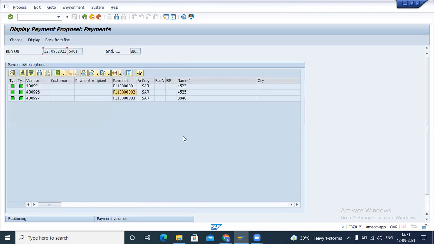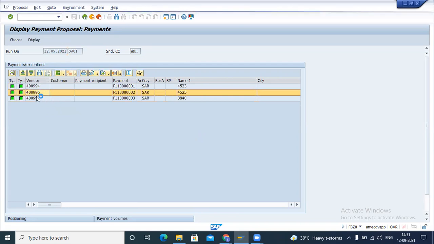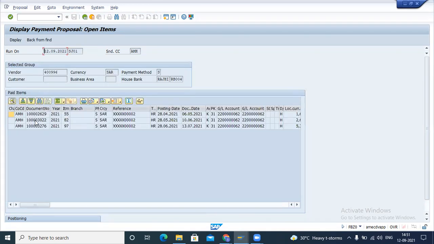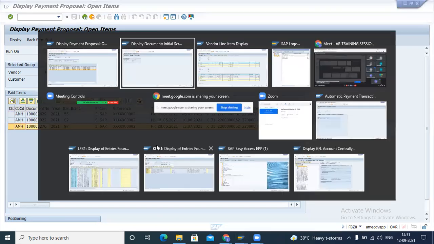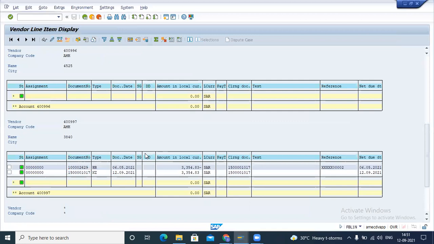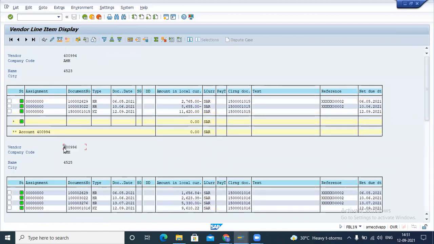Is it signed by each vendor number or by voucher number? Suppose this vendor has 3 vouchers. You mean this vendor has 3 invoices, so there are 3 voucher numbers?